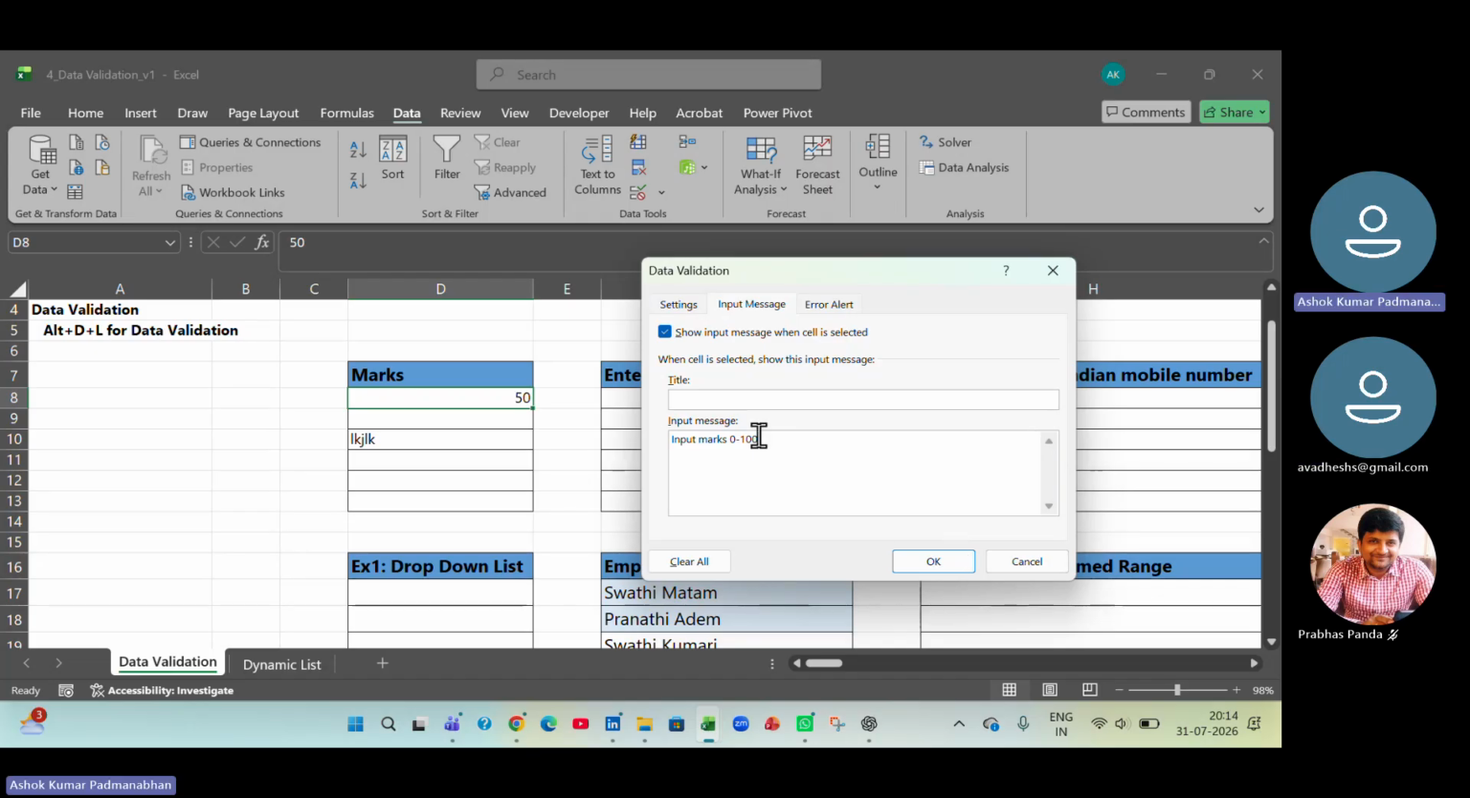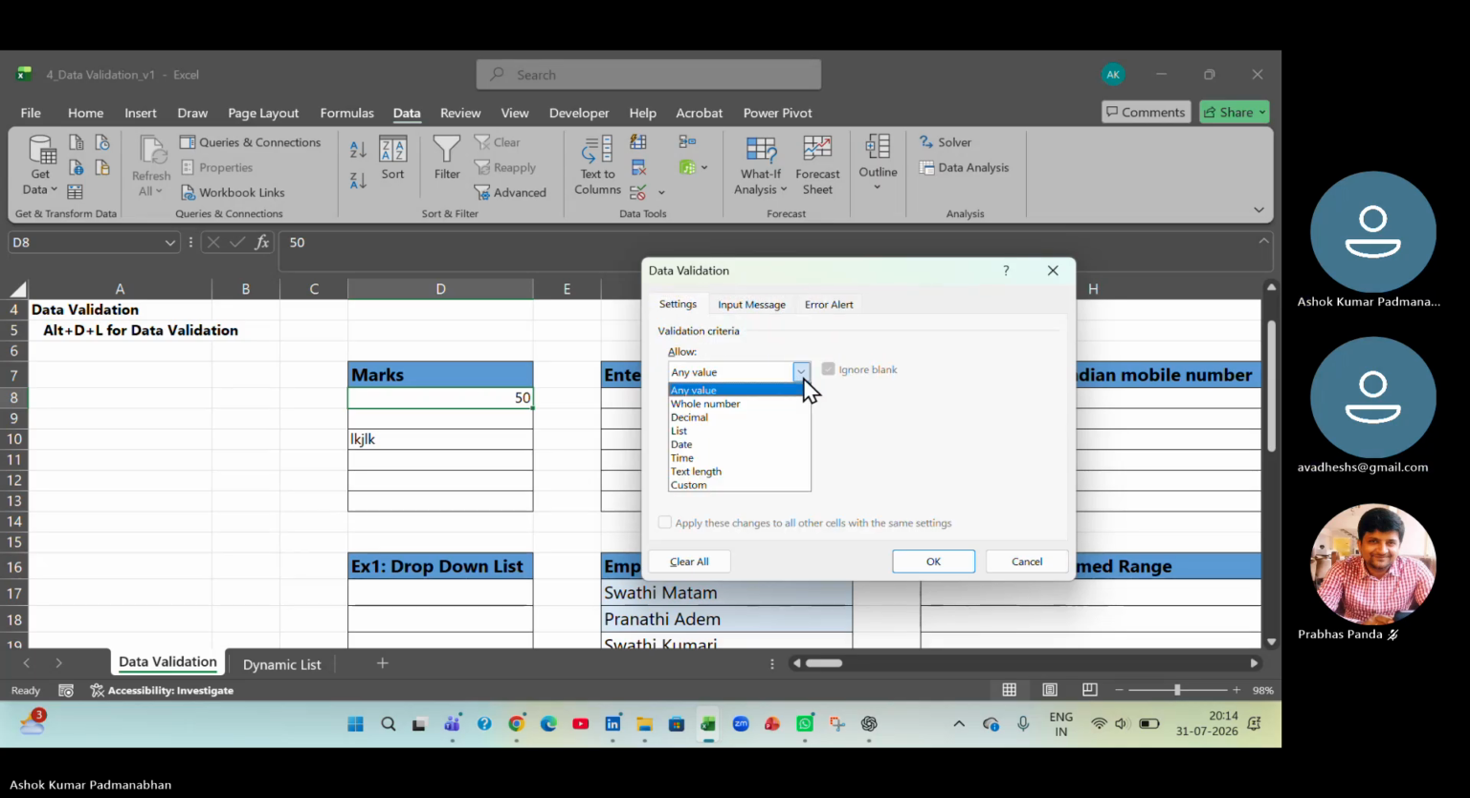You can also give it without the input message or an error alert, but it will give you a system-defined error message. So in order to customize it, you can give this. Done. Then